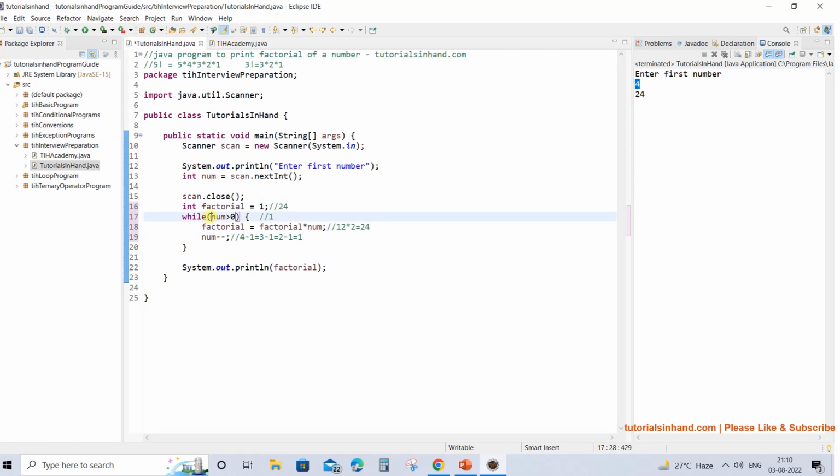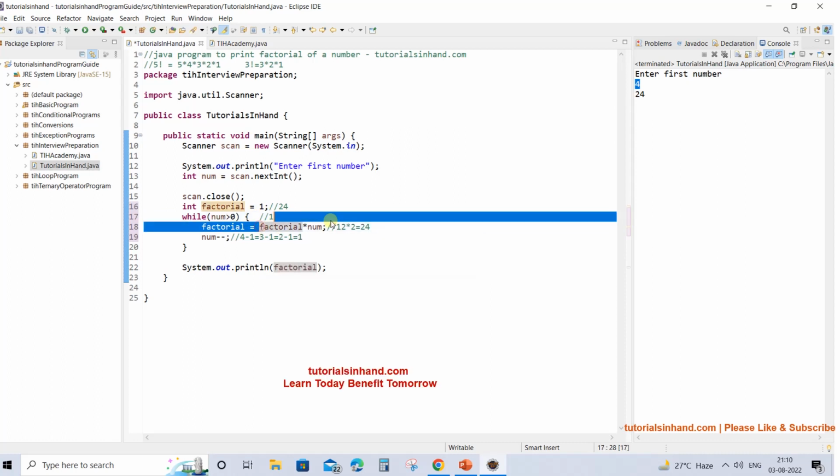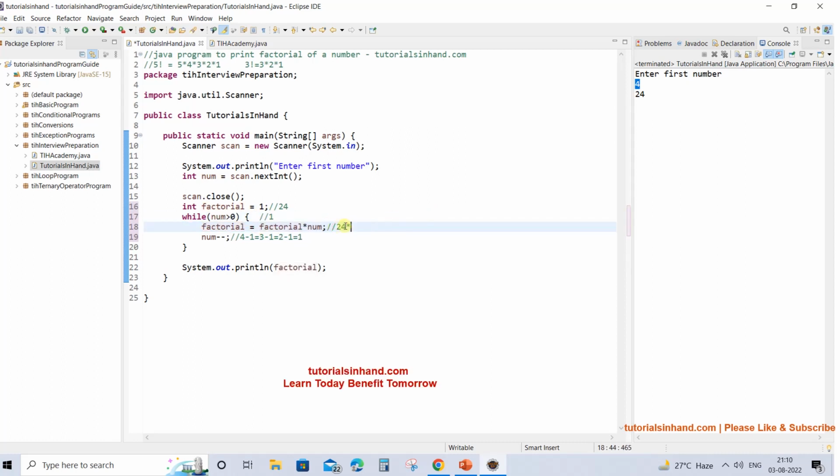So we have a new value of factorial as 24 and the number within the while loop this time will be 1. So 1 greater than 0 will be compared and it will turn out to be true. So we will again enter this while loop and we will calculate 24 into the new value of number, that is 1. So 24 into 1 will be 24 and we will decrease the value of number by 1 and this time it becomes 0. In the next iteration, the value of factorial remains 24 but the new value of number becomes 0, and 0 when compared with 0 turns out to be false.